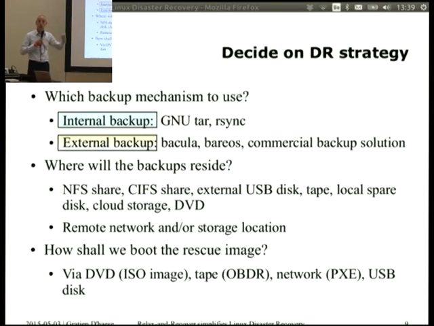And then you have to decide where your backups will reside. One rule of thumb is, make sure that your backup archives are stored in a remote environment, a remote data center, remote disk, not beside your computers, of course. Because if your computers are broken or burned or flooded, then you also lose the data. So keep that in mind. If cloud storage is possible, with duplicity, that's also integrated. And for remote network storage, it's NFS, CIFS, cloud storage, for example, all possible. rsync is a possibility, so you can really use remote storage.